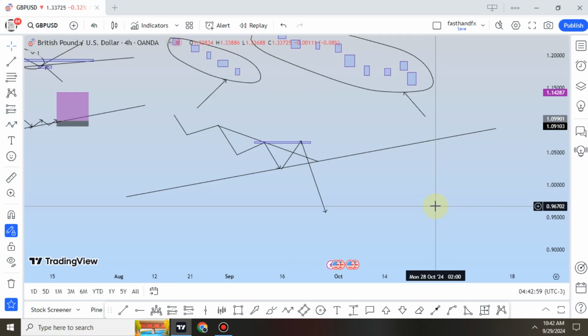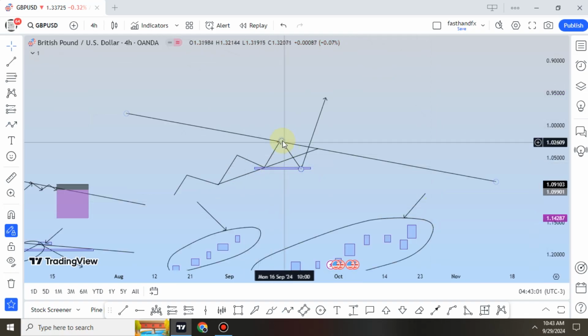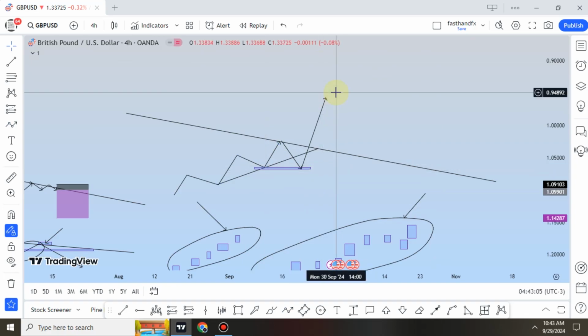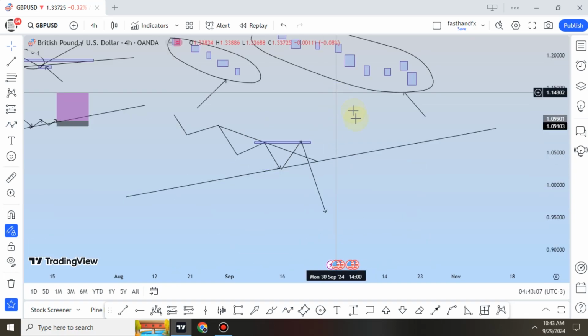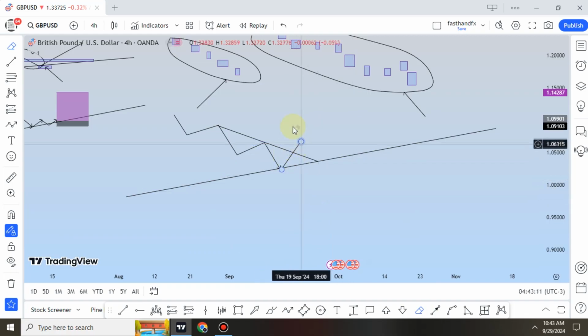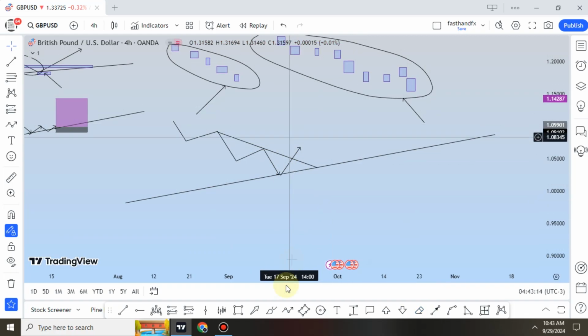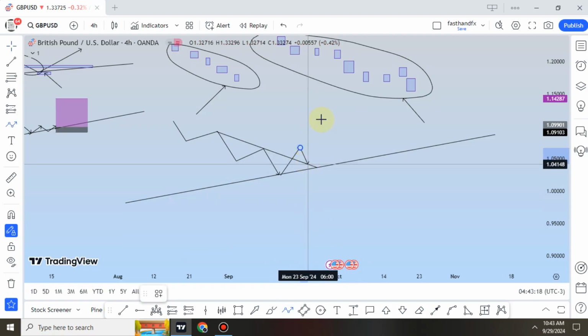And of course the same thing, if we flip the screen, price might just break, respect this previous high, continue going up. I hope that makes sense. Now this is how we're going to tackle this kind of situation when price breaks out of our trend, correct? Now it's just the same thing. Wait for price to maybe retest right there, correct? Now we mark this as a new high,